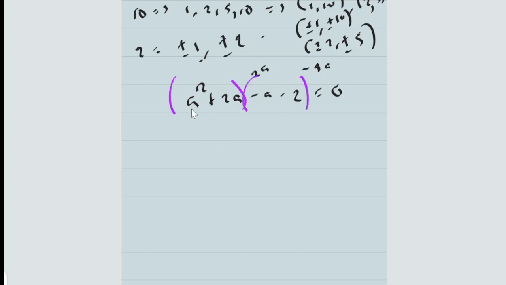If you group them, what do you have in common here? A is common. Then you have A left. How do I know it is A left? Immediately you factor a number out, you divide each of the terms by it. So I factor A out, it means I'm going to divide A squared by A, 2A by A. A squared divided by A, I'm going to have A. 2A divided by A, I'm going to have 2. I hope you understand. What do you have in common here? Minus 1. Divide each of these by minus 1, you are going to have A plus 2 as well, is equal to 0. Then what do you have in common? A plus 2.